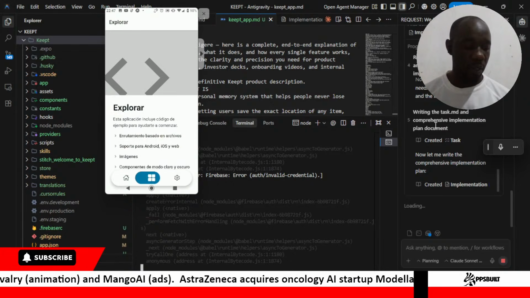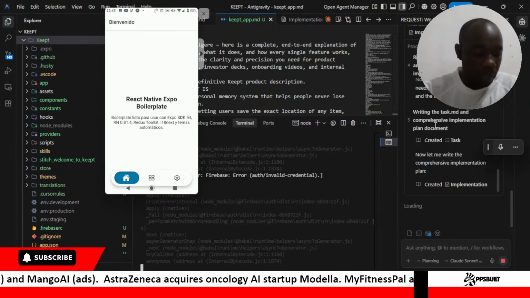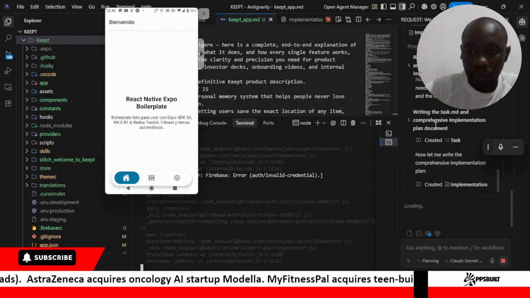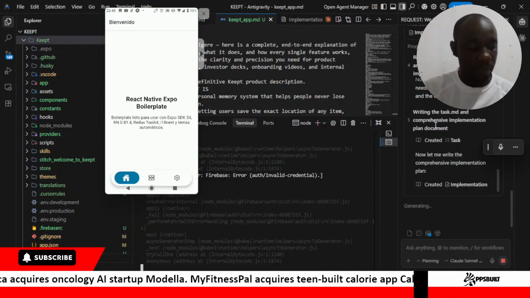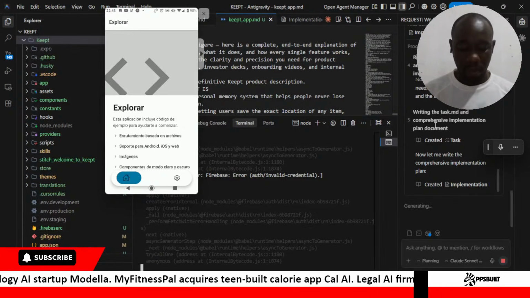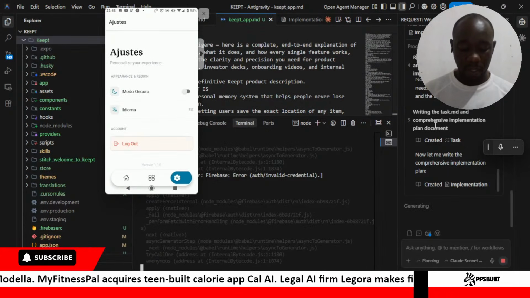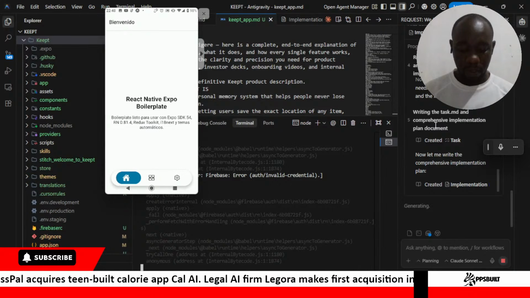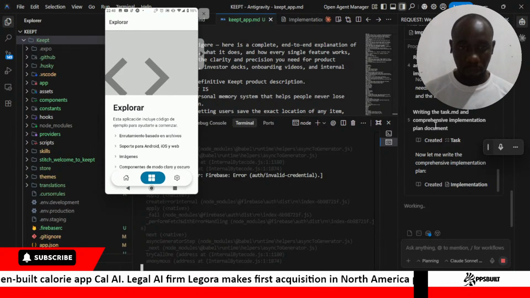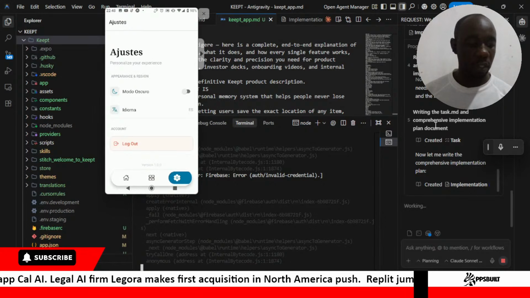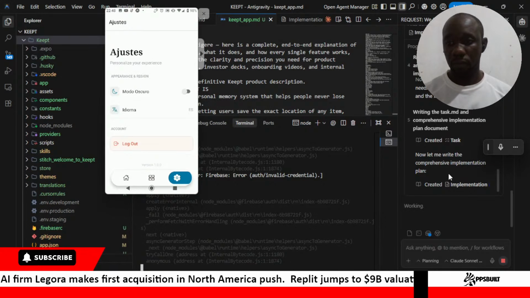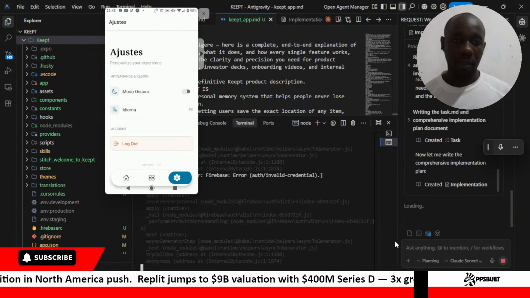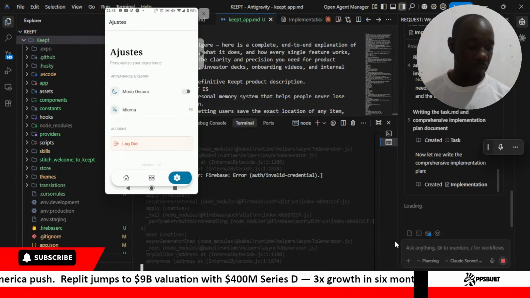So this is our initial boilerplate where we've used this animation for the buttons, for the tabs, which is quite good. But I think the implementation plan is quite solid, so we can change this to light mode.